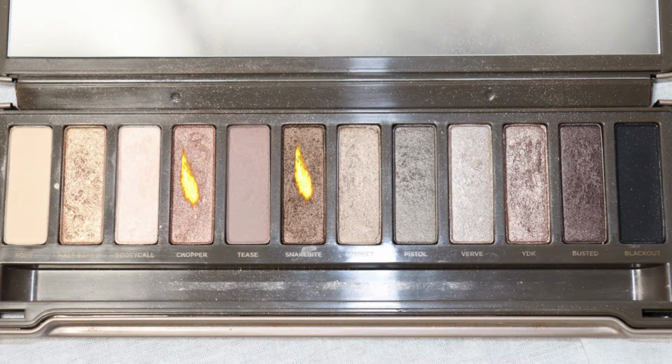The Chopper and the Snakebite, and put it on your lower lash line and connect it. So yeah, we're gonna take the Chopper first, go down here. Let me move my mirror up so I can see. And you just wanna,